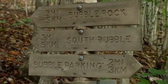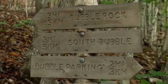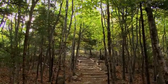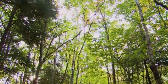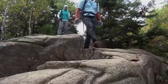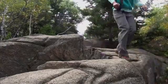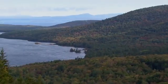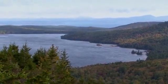The next stop along the loop road, a hike up to Bubble Rock, one of the most spectacular glacial features in the park. A relatively steep but well-maintained trail leads through the mixed boreal and eastern deciduous forest. Climbing the 700 vertical feet of South Bubble sometimes takes you over rough boulder terrain. When you finally break out into the open, spectacular views reward you for all your efforts. But what you've come to see is one of the wonders of the park,